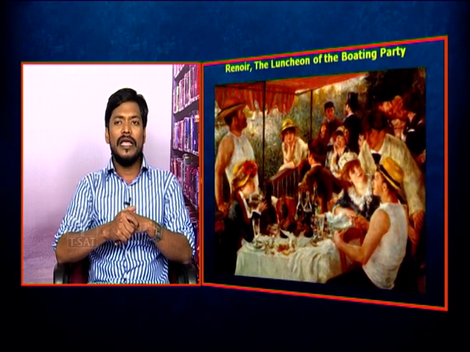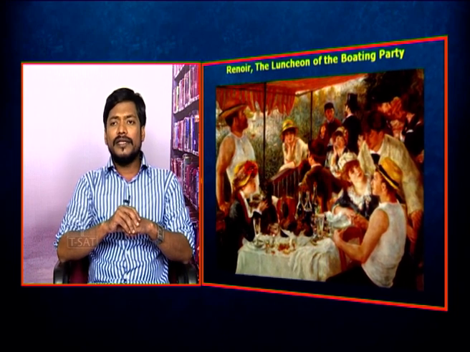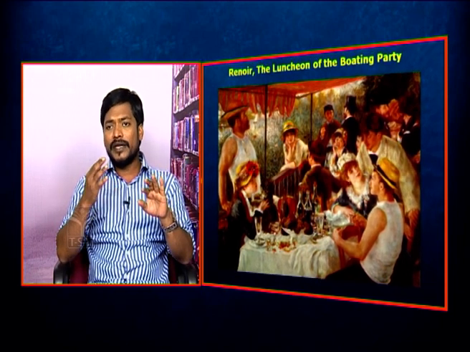But what you see in Renoir's painting, and also in other artists like Degas and Manet, is when you look at people, their gazes are tied up with the other person, but the other person is not quite looking at them. If you look at the three figures on the right side, the lady is looking at the man who is sitting there, and he is not actually reciprocating the gaze, but he is looking somewhere else, right? And the man who is standing over them, slightly bent towards them, is looking at this lady, but she is